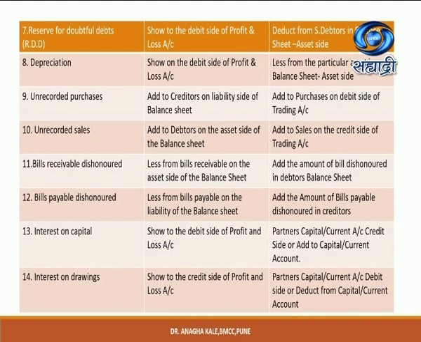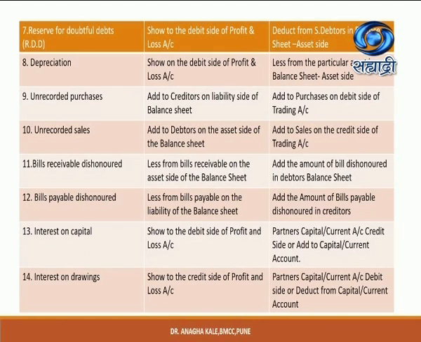Now this is the amount which is receivable. If the bills are dishonored, means bounced, that particular amount will not be received. So we have to deduct it from the bills receivable which are shown on the asset side, and as that amount is not received, our debtors will increase, because again that amount is receivable from the person. So we'll be adding that amount of bills dishonored into the debtors which are shown in the balance sheet.